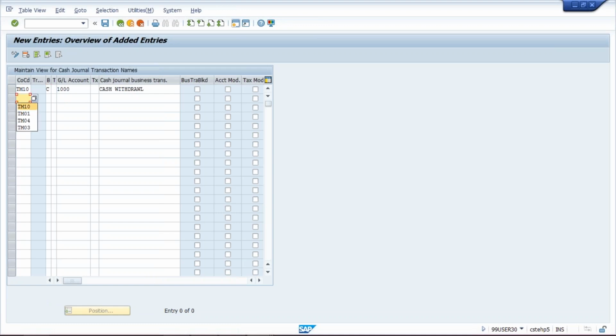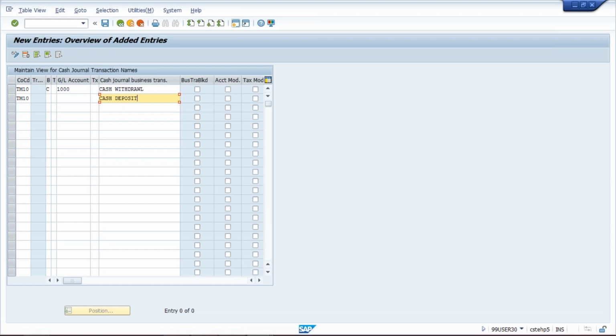Now once again your company code, and then the second type of transaction will be cash deposit. Sorry, cash withdrawal was the first, then cash deposit will be the second transaction. There could be cash deposit also, where a surplus amount we are going to deposit. So during deposit, what is happening? Bank account is getting debited and petty cash GL is getting credited.